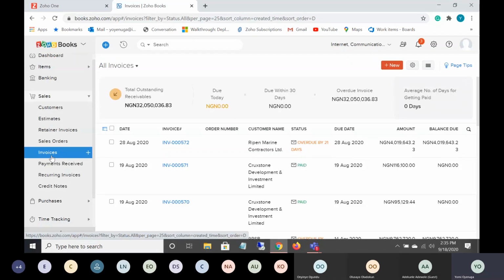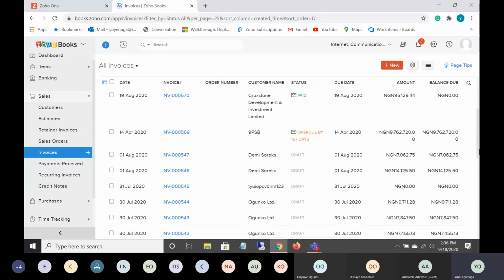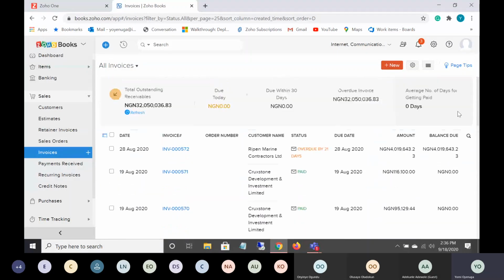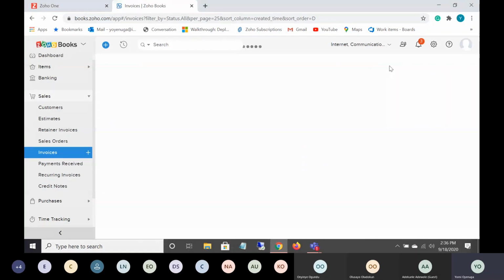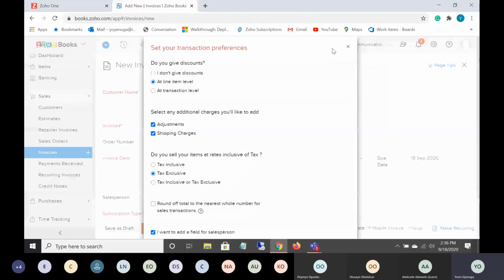So our existing invoices come here. So we can, for reference sake, or for if they are paid or if they're not paid, or the ones that are overdue, you see everything here. And if you want to add a new invoice, simply the same way, click on the plus sign, create a new invoice,